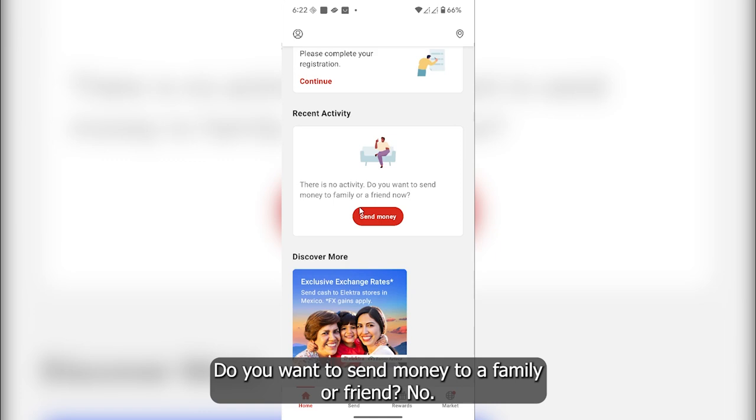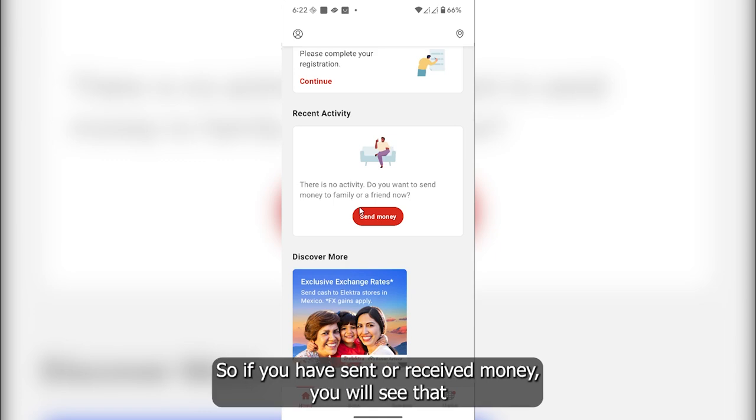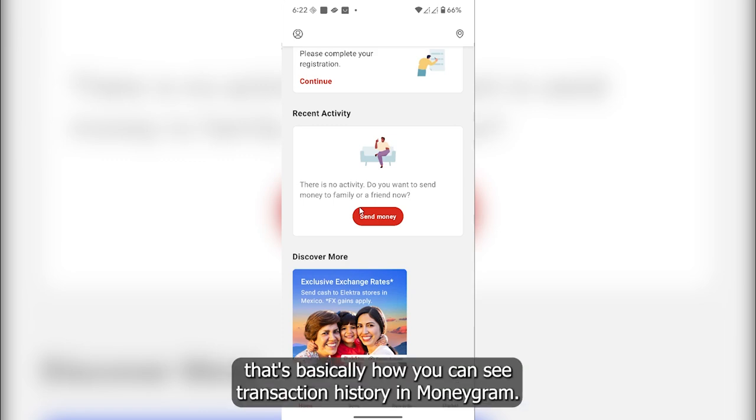Do you want to send money to a family or friend now? So if you have sent or received money, you will see that in the Recent Activity tab. That's basically how you can see